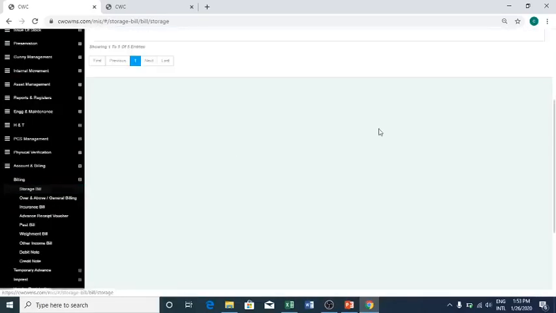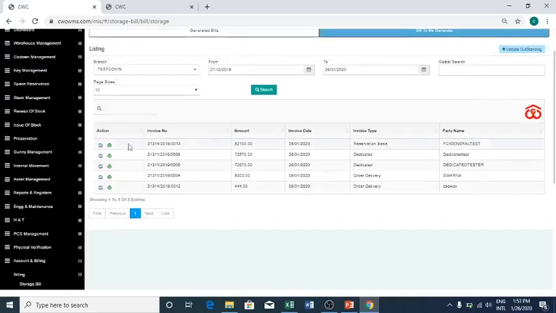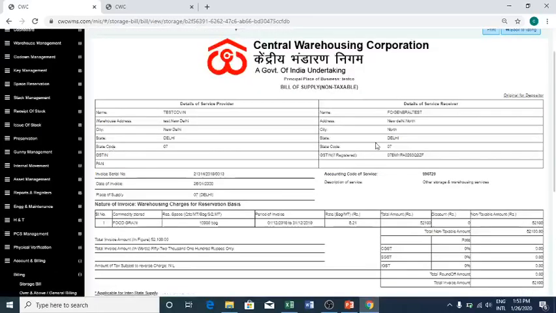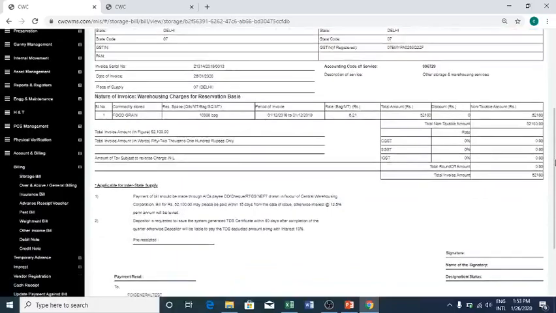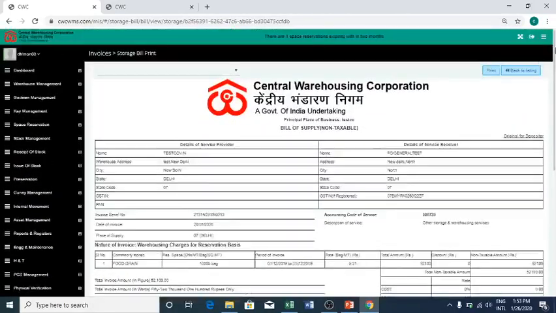Go to storage bill. You can see here this was the dedicated bill which we generated earlier, and this is the reservation basis bill which we have now generated. If you click on the print button, you will get the same screen which we just saw about 2 minutes ago. You can take a printout by clicking the print button here, and you can go and submit it to the party.